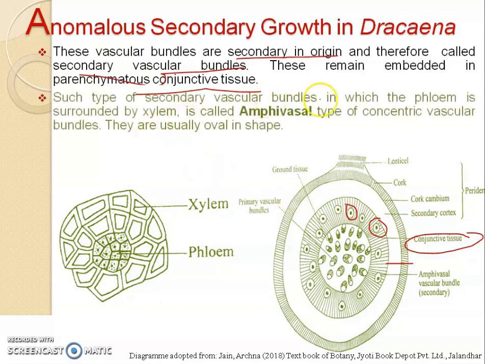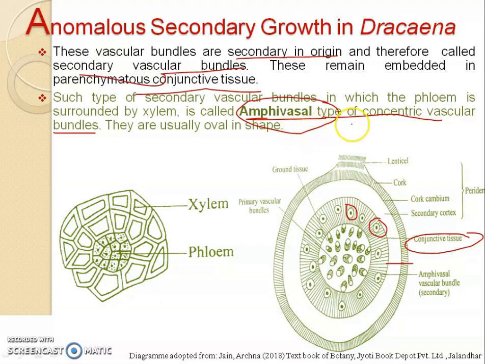Such type of vascular bundles in which the phloem is surrounded by xylem is called amphivasal type of concentric vascular bundles. So, amphivasal type of vascular bundle is the peculiar feature of this Dracaena stem. That is the anomalous secondary growth in Dracaena stem. It is the peculiar feature, the amphivasal type of vascular bundle in which phloem is surrounded